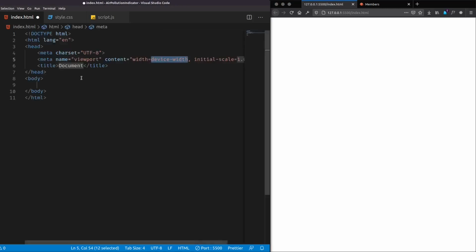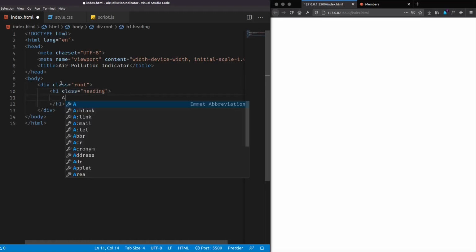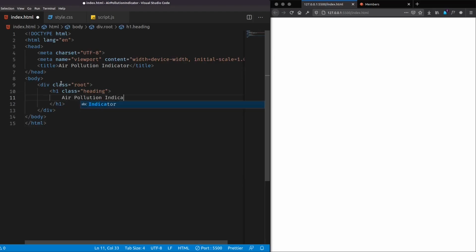Let's start off with index.html and create a boilerplate template. Give a title of air pollution indicator, and let's create a div with the class root which will contain all our elements, and inside that I will have an h1 with the class heading and give it a heading of air pollution indicator, and let's create a div with the class location container